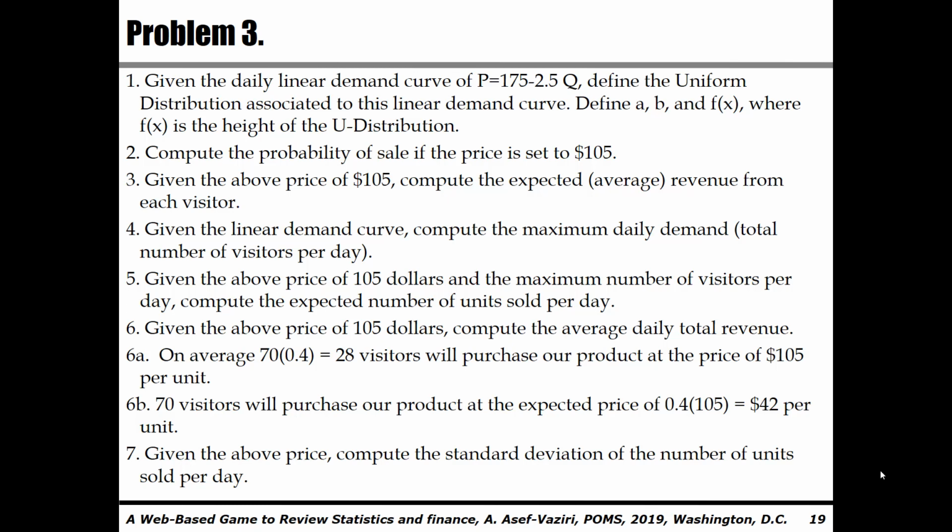Now I discuss a third problem when I want to show the relationship between linear demand curve and uniform distribution. After showing that, I will go from uniform distribution to binomial distribution, because as soon as I set a price, I can show that the problem is transformed into a binomial distribution. In binomial distribution, I can easily compute average and standard deviation, and that would be average and standard deviation of